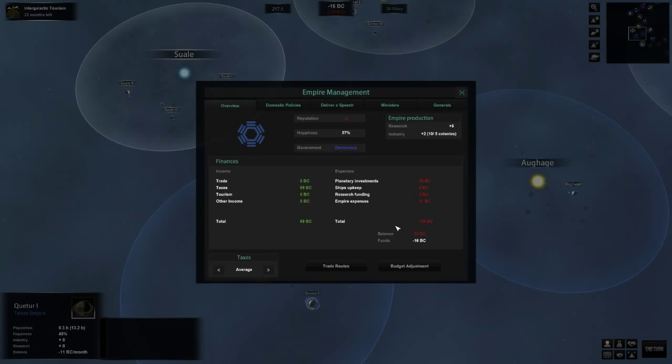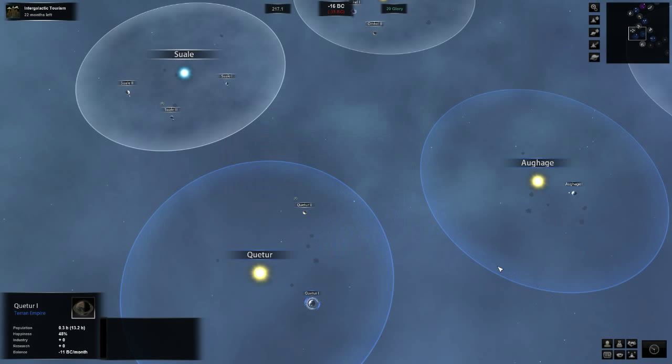Let's look at our planetary investments. Ship upkeep is only 9. We're not that much. Research is only 9. Empire expenses. Colony maintenance. Well, I'm just trying to see if there's a way to fix this problem, folks. Taking that up is going to get us more money, but it'll bring our happiness down. Well, it's just...